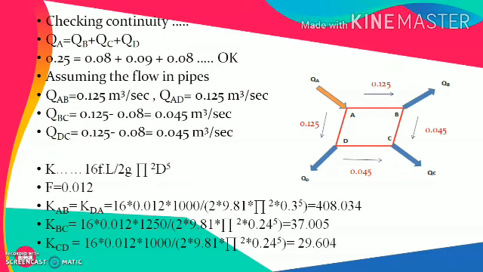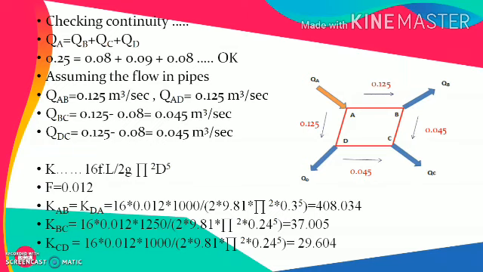And same case will happen even at node D, and flow through pipe or segment DC will be again 0.045 meter cube per second. So this is how the continuity can be assumed and can be used to calculate the flow through each pipe. Once again, I am making you aware that these are just assumptions. We have started assuming certain flow from the node A, and next part can be calculated directly using the continuity.